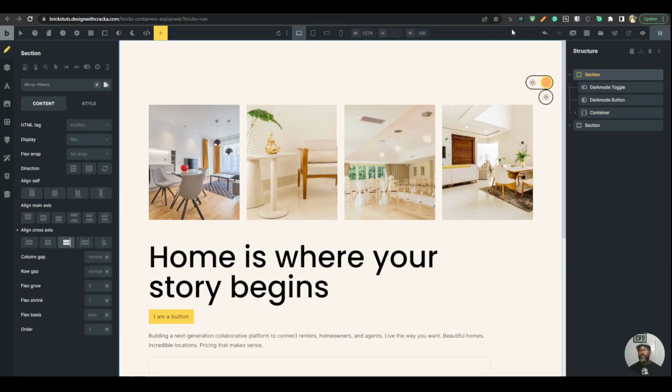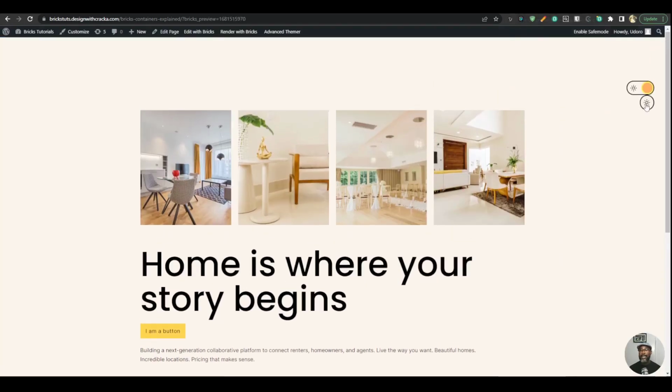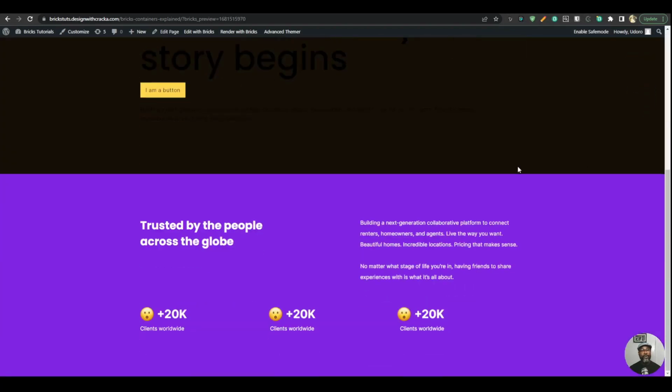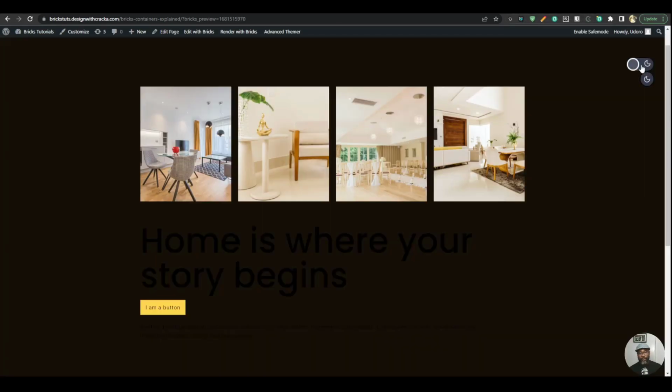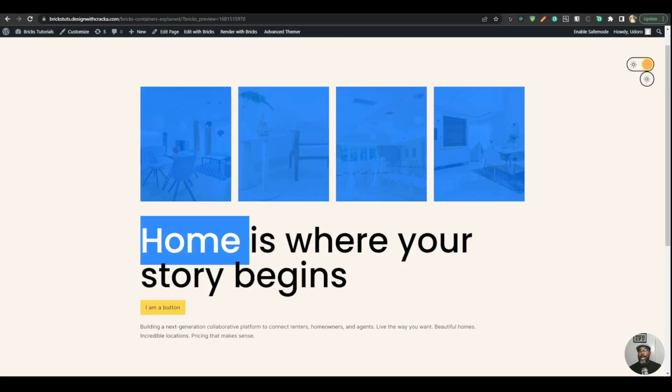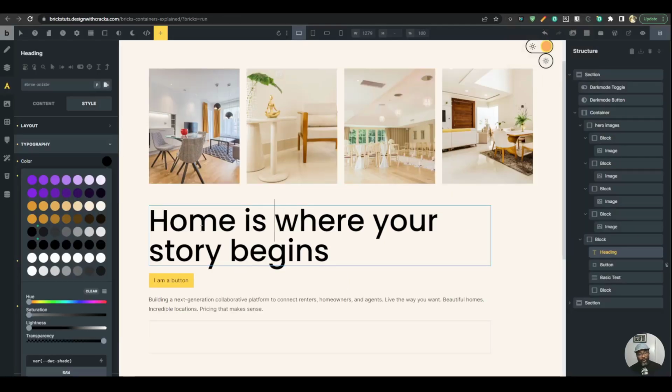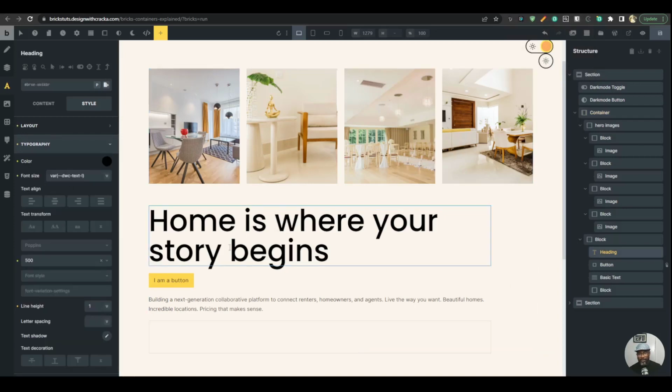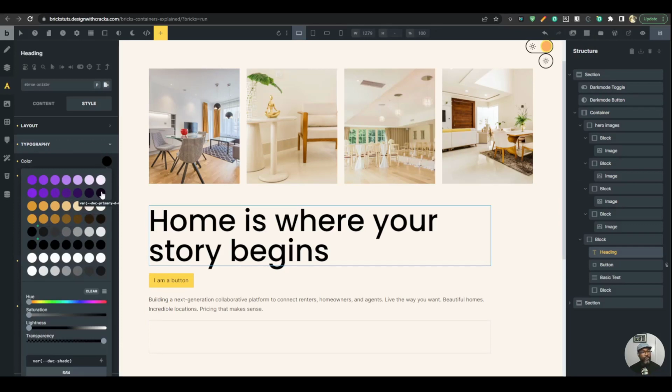So I'm going to save it, go to the front end, and then I can just click here and toggle dark mode. Okay, so that is not working for some reason, and what I found out was that if you use the shades, the dark mode doesn't seem to affect it, and I think that is a bug. This is the first release. So what I did was I just take it to this, or yep,